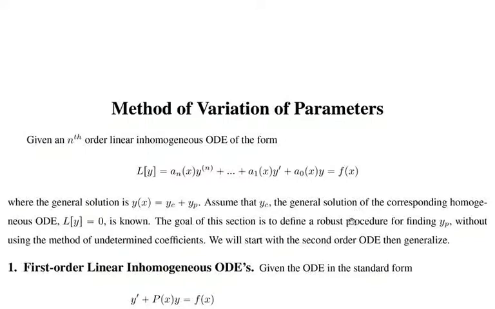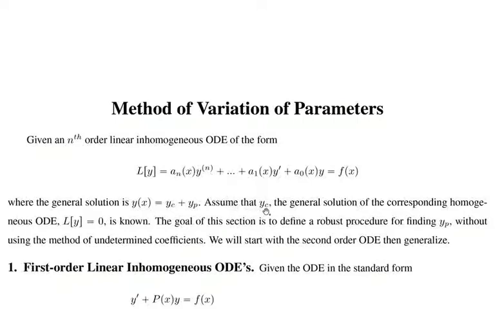Hello. Today's lecture is on the method of variation of parameters. This method tries to find a particular solution for an nth order linear inhomogeneous ODE. So we assume we have an nth order linear inhomogeneous ODE of the following form, and we assume that we